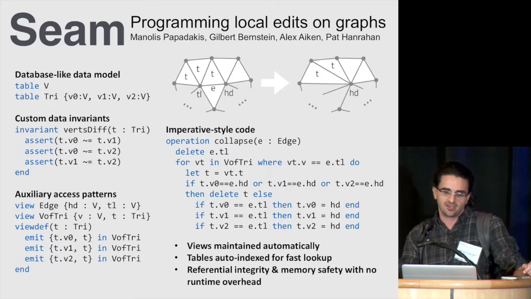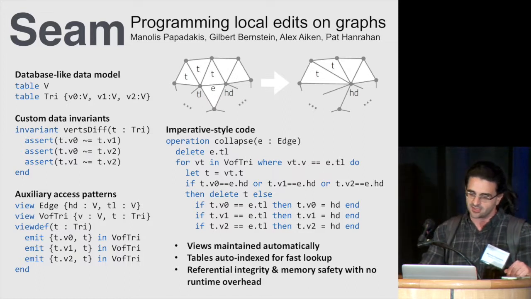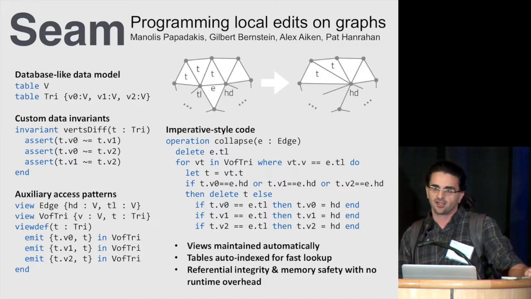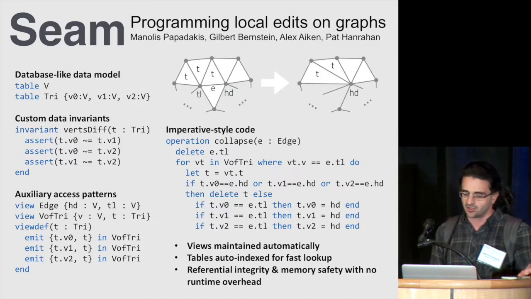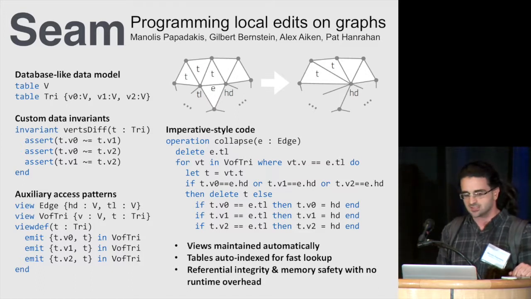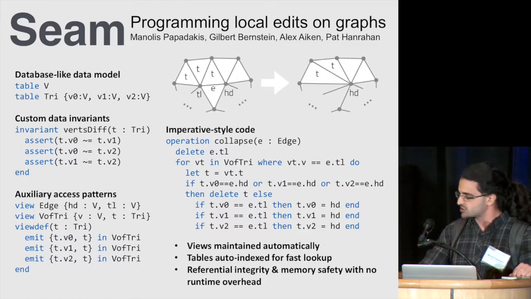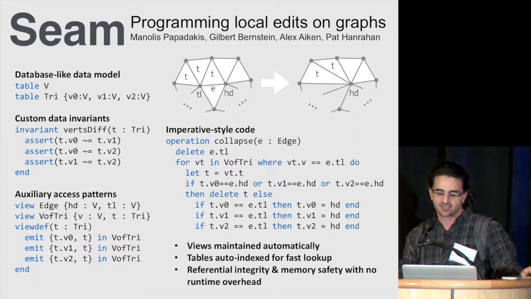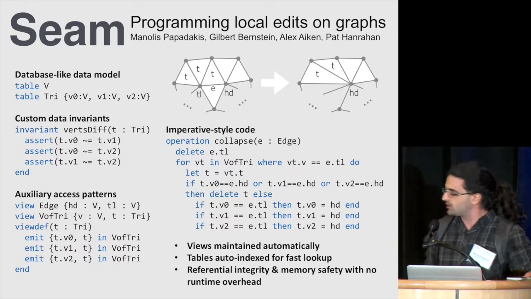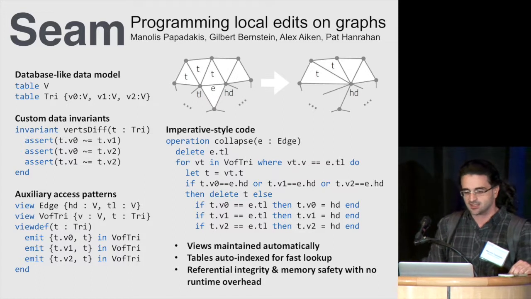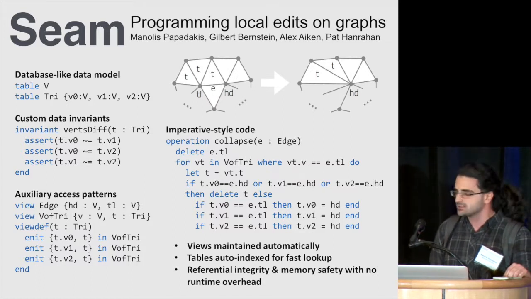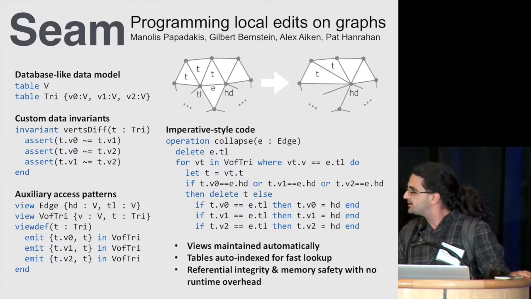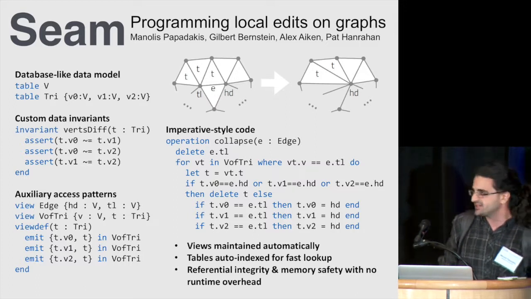On the front of productivity, we offer a relational data model for expressing your data structures as tables with pointers substituted by fields. And we offer a language for writing such operations that uses familiar constructs like for loops and if statements, but our system translates that into transactional code. We allow users to avoid maintaining auxiliary data structures by expressing them using the notion of views from databases, which our system maintains automatically. And we also allow custom data invariants, and we can even check both those and memory safety statically at compile time. I'll be glad to give you more details at the poster. Thank you.